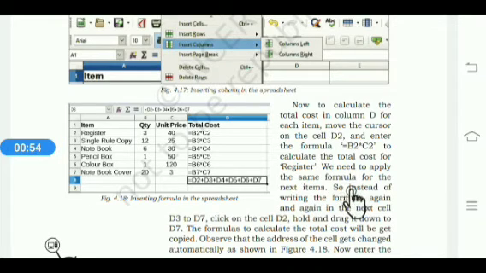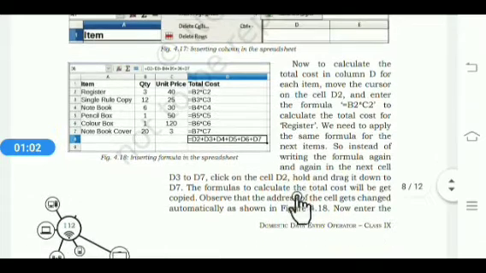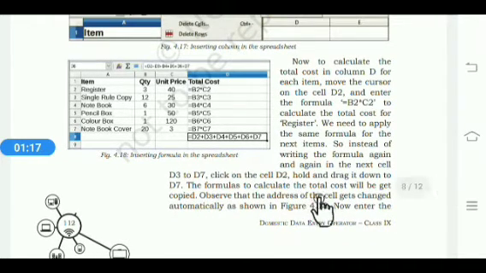So instead of writing the formula again and again in cells D3 to D7, just click on cell D2, hold and drag it down to D7. From D2 to D7, the formula to calculate the total cost will get copied. Observe that the cell addresses change automatically.